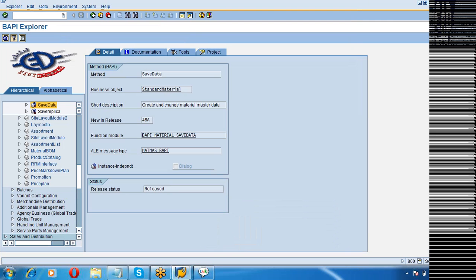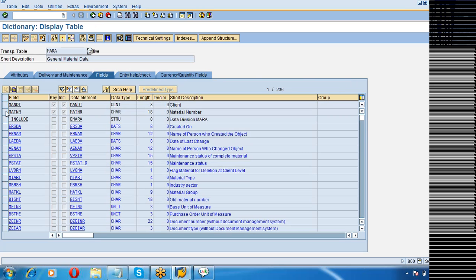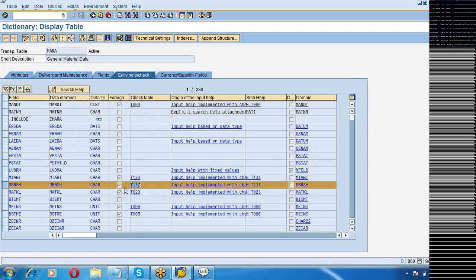You have to go to the database table in SE11, MARA, and there is T134 or something, a table in which all the industry sectors are maintained. T137.